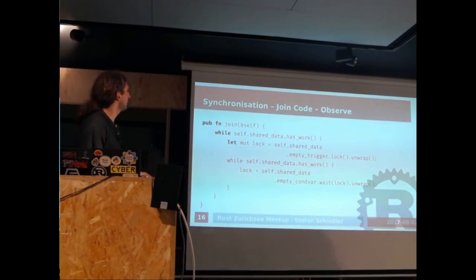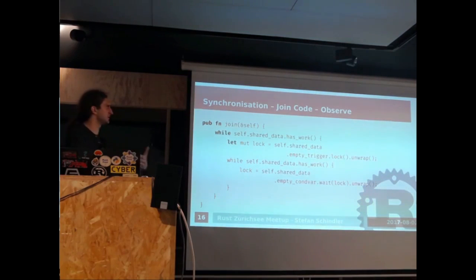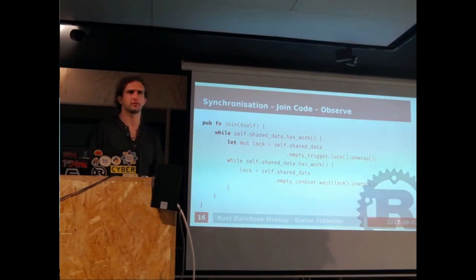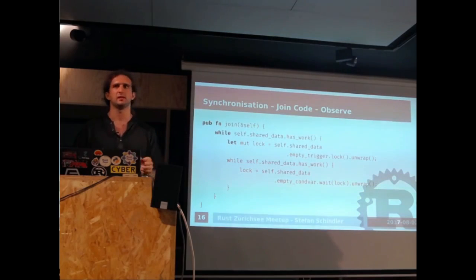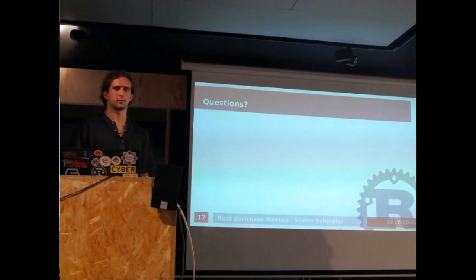Cool. Oh yeah, here you see reference, just ampersand, which means it's a borrow to self. Self is this from other languages. It's just explicit in Rust that you always see it and always know which one is your this. Cool. Questions?